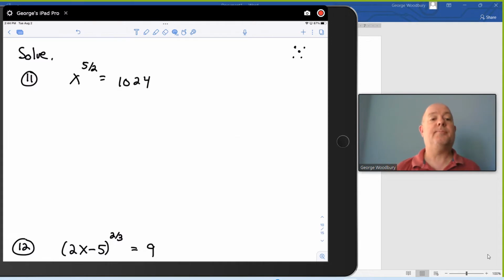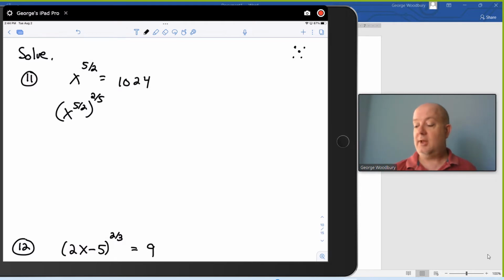Let's hide that. Basically, the way to solve this is by raising both sides to the reciprocal. Once you've isolated the term with the rational exponent, raise both sides to the reciprocal of that exponent. When we raise a power to a power, we multiply them. So in this example, we've got x to the 5/2. If we raise x to the 5/2 to the 2/5 power, 5/2 times 2/5 is 1, and that leaves us